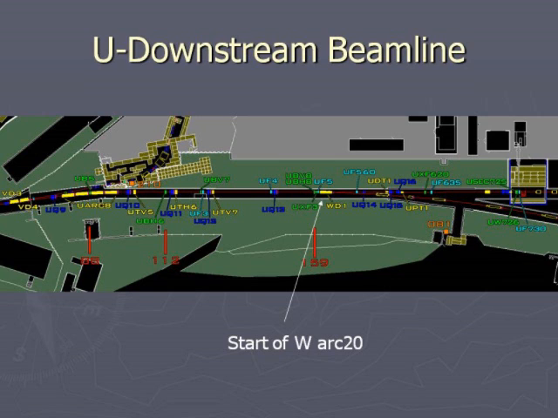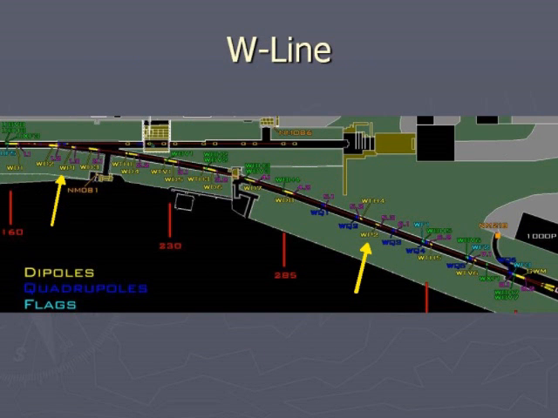So booster to AGS, booster and the AGS are, right? So booster AGS transport is entirely horizontal. AGS to RHIC transport, on the other hand, is horizontal and vertical. So in the W line, there are two pitching magnets that are called WP1 and WP2. So WP1 is here, and WP2